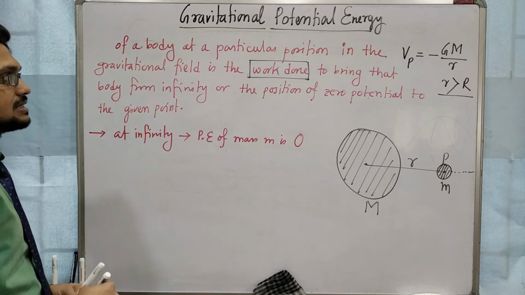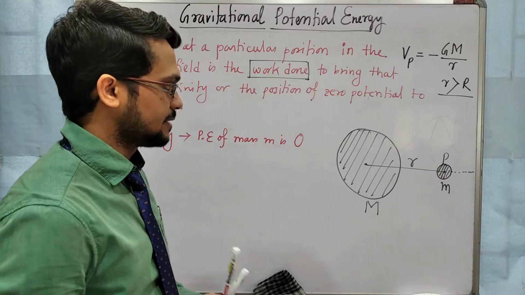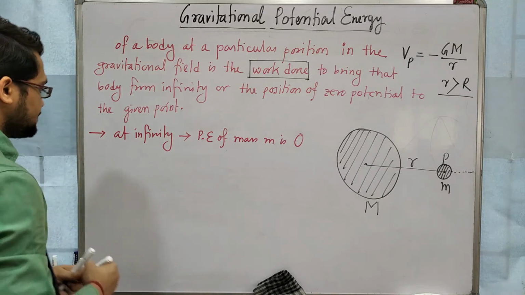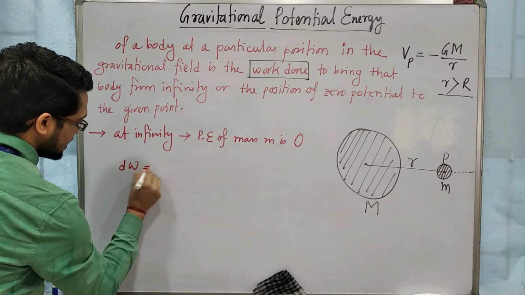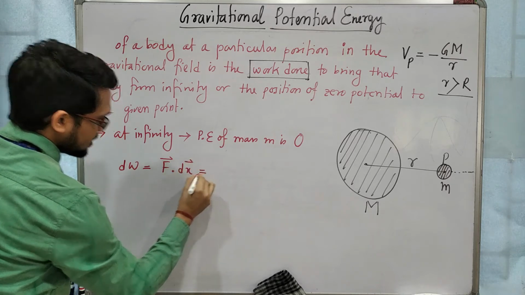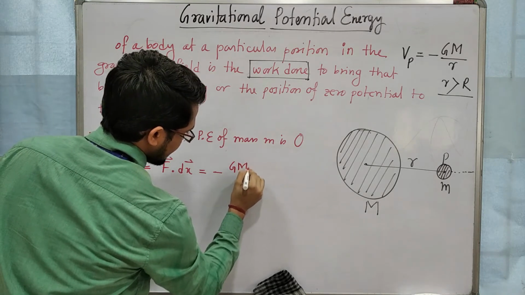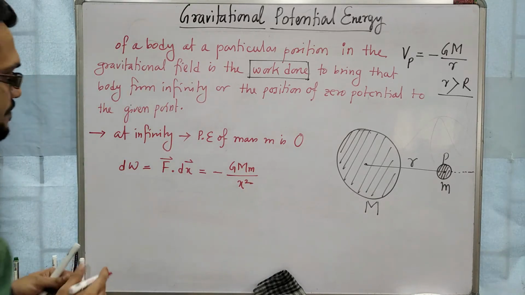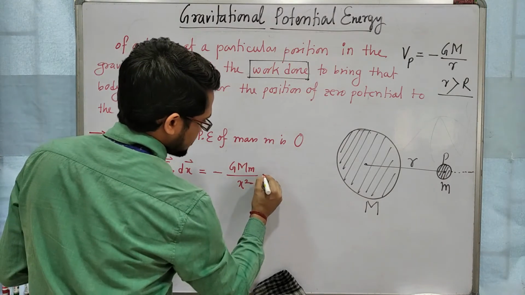We will derive the potential energy in the same way as we derived the potential at any particular point. So potential energy will be the work done. We will start the derivation from this point. dW equals F dot dx. Here F will be minus GMm by x square, where initially I am taking any point x. I am not showing everything I had already shown in the potential derivation. So this will be i cap